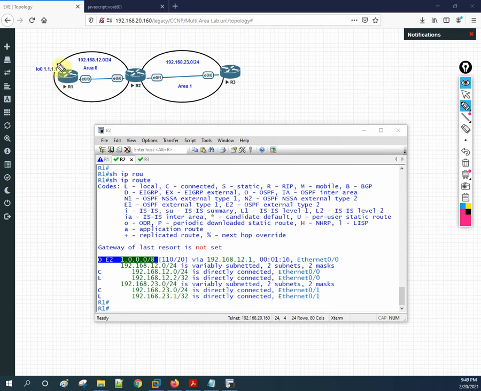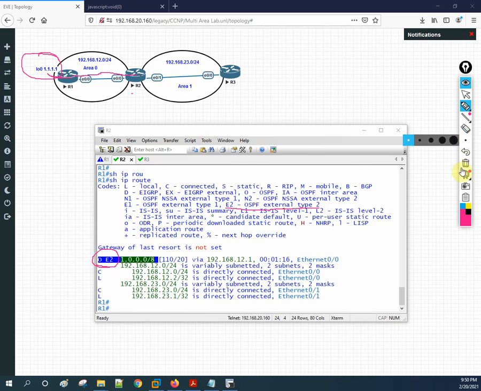Subnetting is also taken care of in this router. When we have done this, the route will go here, and if you see here we have E, that is OE2. Where we have E1, E2, here we have E2, which is OSPF external type 2. So this is an OSPF external type 2.